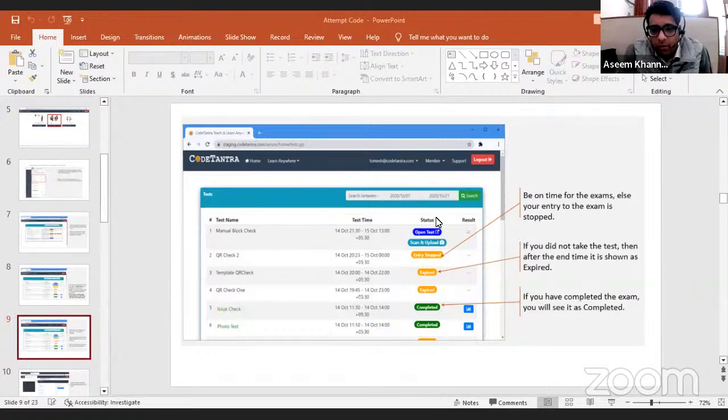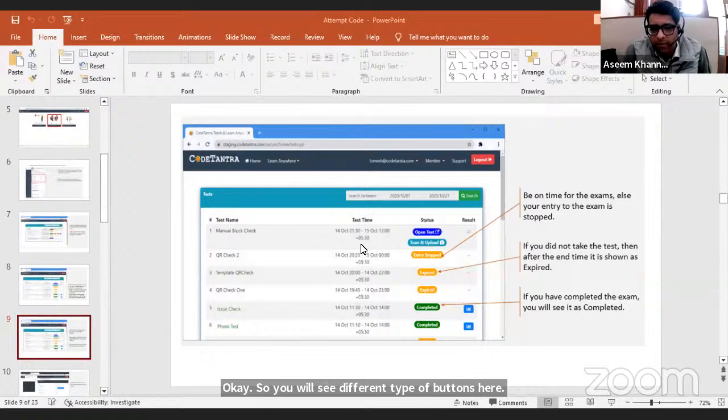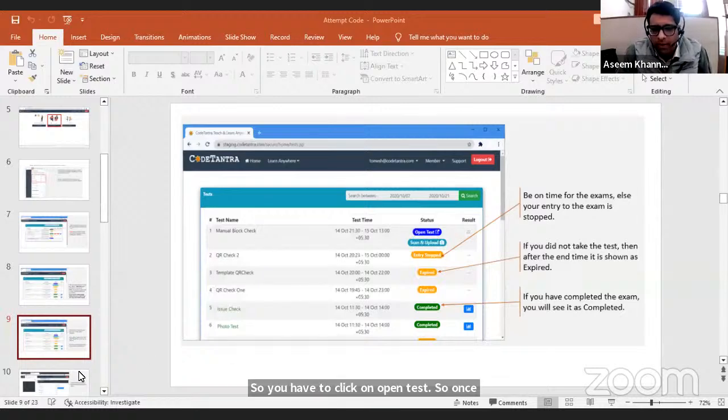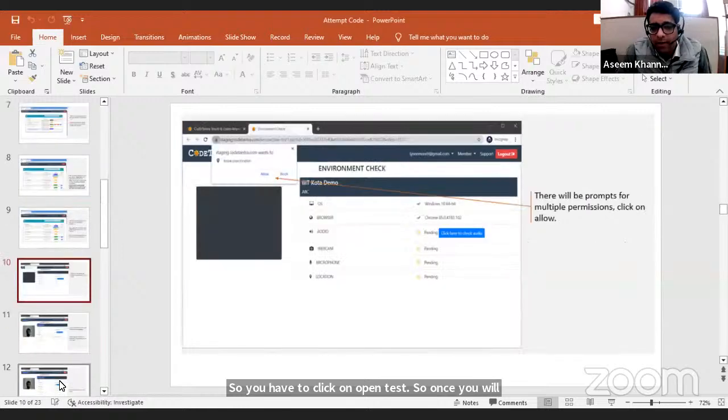Okay, so you will see different types of buttons here. These are the different buttons of the examination. The open test button will be there, and scan and upload will be there. So you have to click on open test. Once you click on open test, you will be redirected to this page, where you will see that